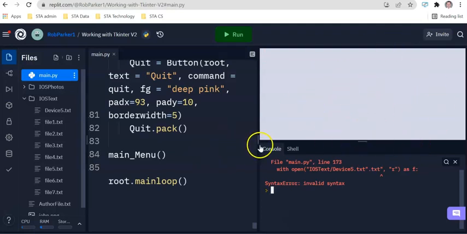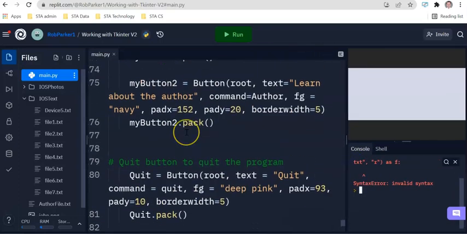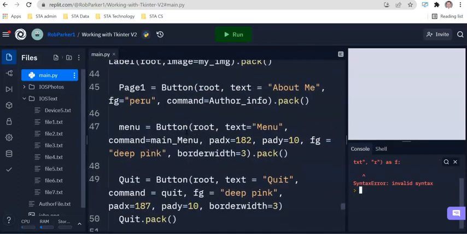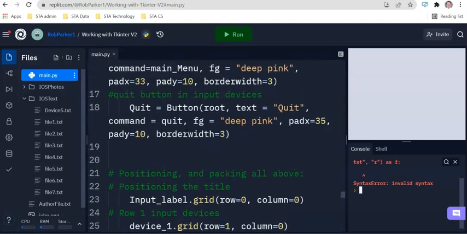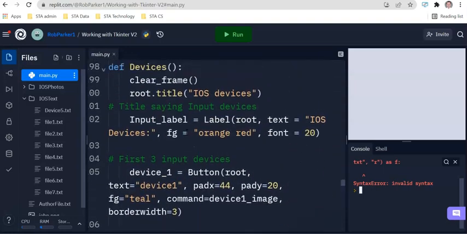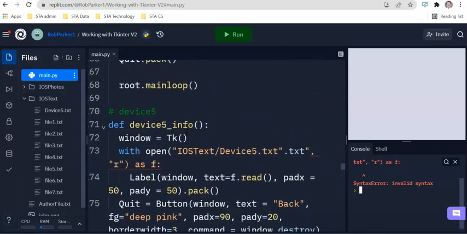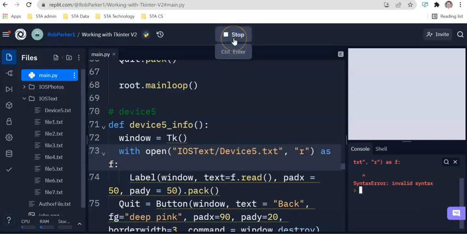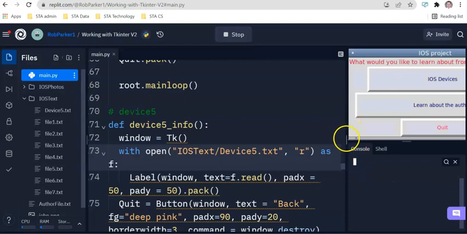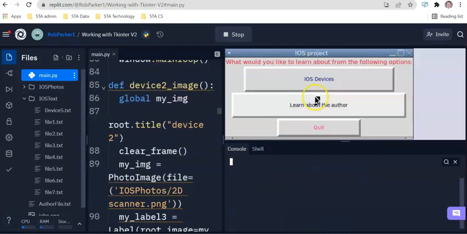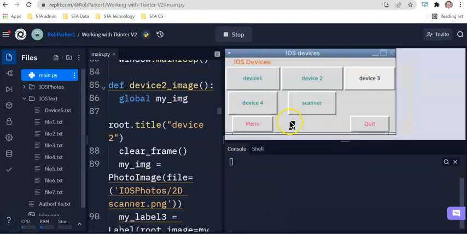So we can see we've got a very small syntax error. This is a rookie error. Again, if you're watching this video and you're one of my students, you can laugh. And if you're not one of my students, you can probably laugh as well. We just need to fix that syntax error, which is coming from our device file. We've got two txt's, so we can delete one. And then we should be good to continue. So let's run again. And if we go into iOS devices, hopefully, unless I've made some mistakes,